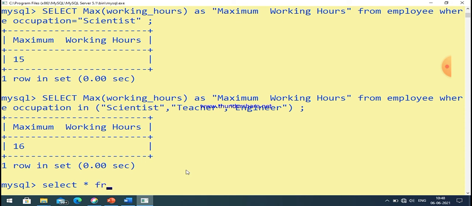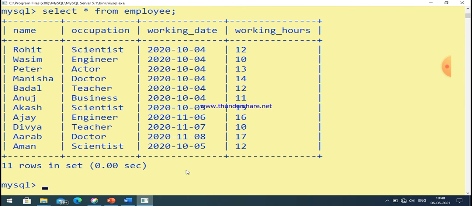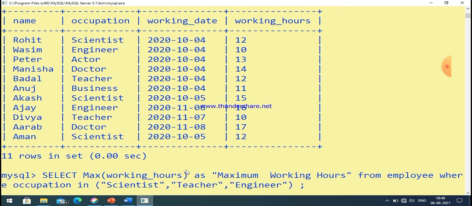So you can mention max value, you can find out the maximum value like that also. Now again, let us take another example of where clause.